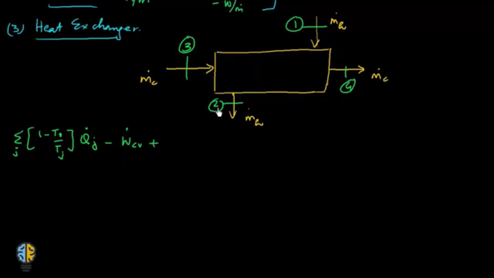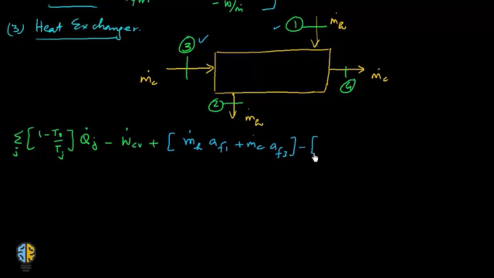So the input is at section 3 and section 1. Alright, so the total input due to these masses would be M dot H into AF1 plus M dot C into AF3